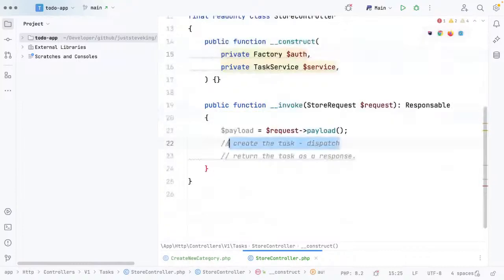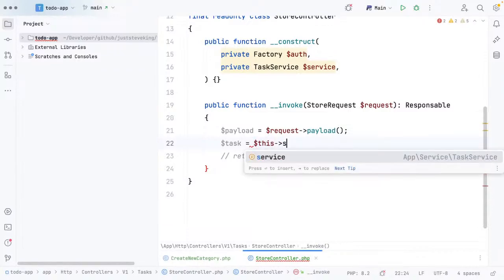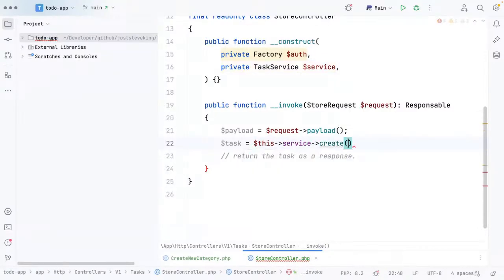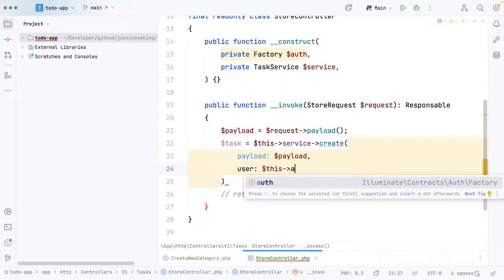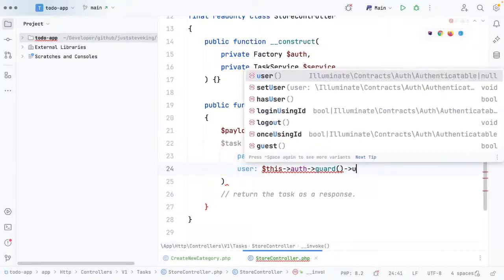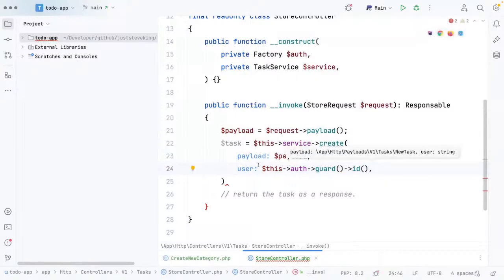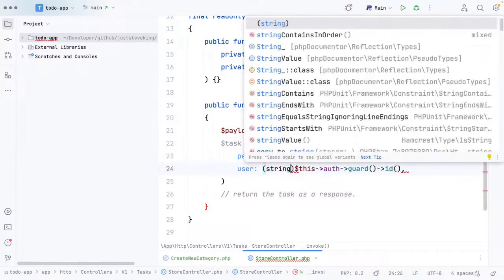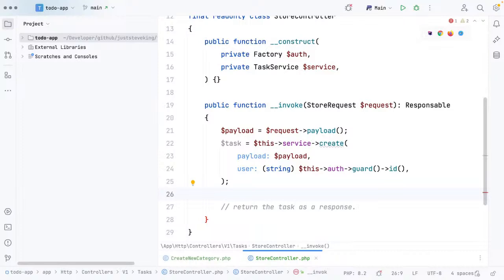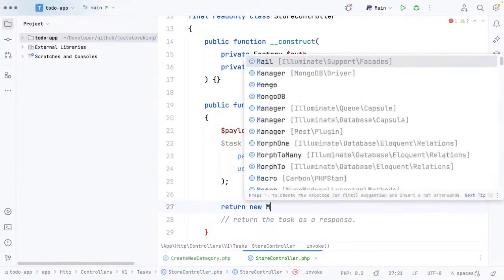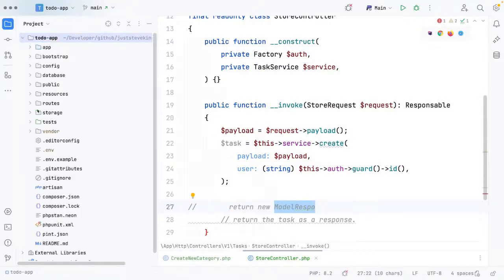So when we want to create a task, we can say that our task equals this service create, but the payload is that payload, and the user is this auth guard ID. What we can do is make sure we cast that to a string. And then, have I already created it? Return new model response. No, I haven't. So I can go create that. What I need in app